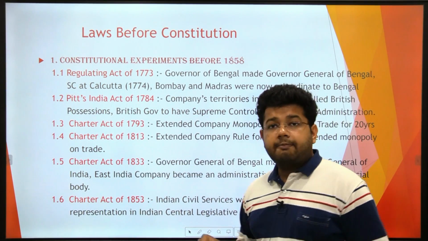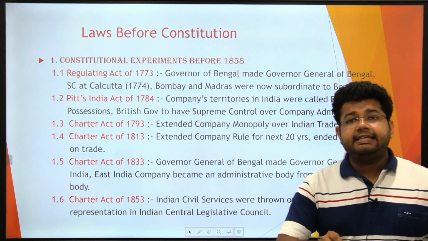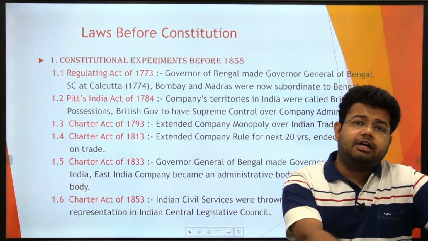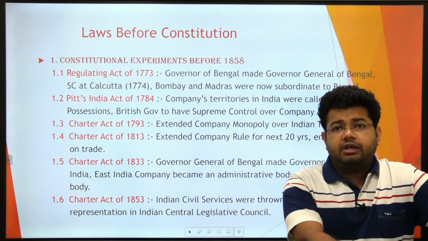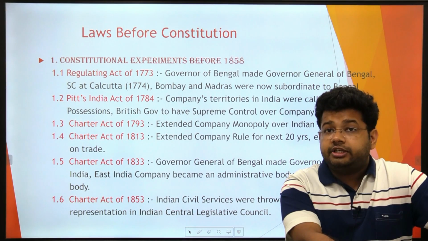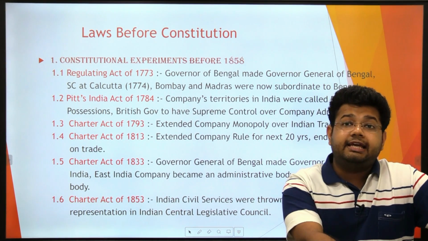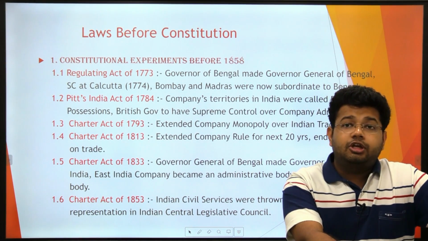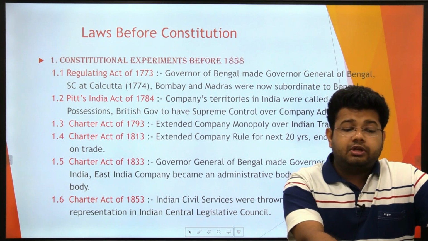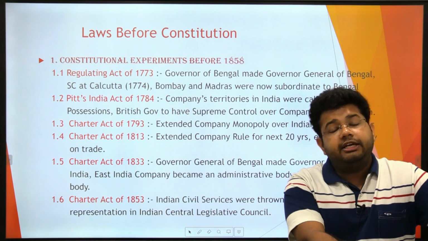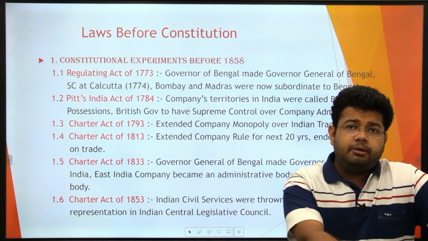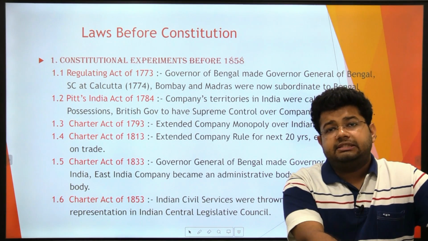So, in 1600, Queen Elizabeth I granted the East India Company the charter providing it with a monopoly over Indian trade. चार्टर यानी फरमान, मोनोपोली यानी एक अधिकार। सो क्वीन एलिजाबेथ के इस फरमान के द्वारा ईस्ट इंडिया कंपनी को ब्रिटेन से इंडिया के अंदर व्यापार करने का एक अधिकार मिला, मोनोपोली मिली।